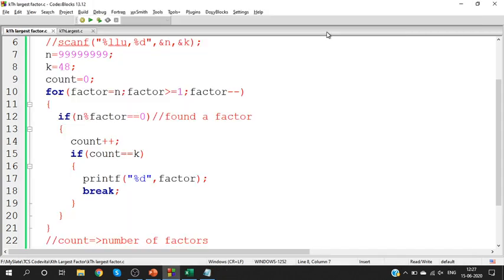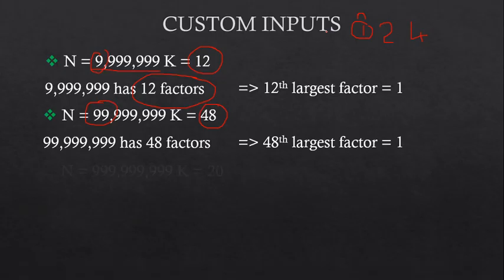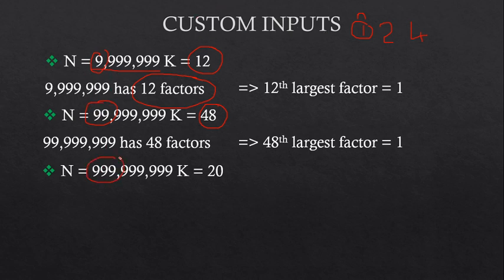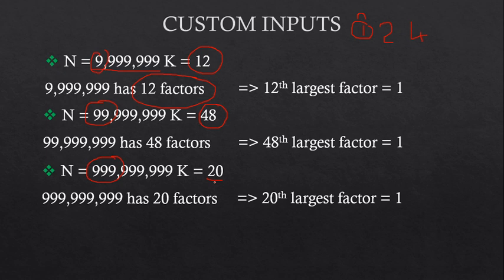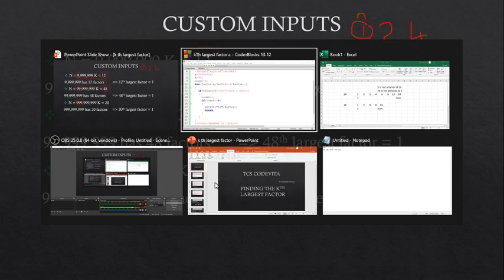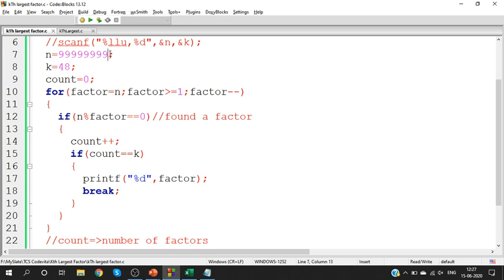Okay, let us not stop here because we haven't reached the maximum limit. So I'll continue. Add one more 9. K value is 20. Again, this input number has 20 factors. I've calculated it already. If you want, you can also check and see. So the 20th largest factor will be 1. That is familiar for us, right? Let me check that. I'm adding one more 9. Number has 20 factors. So the 20th largest factor should be 1.